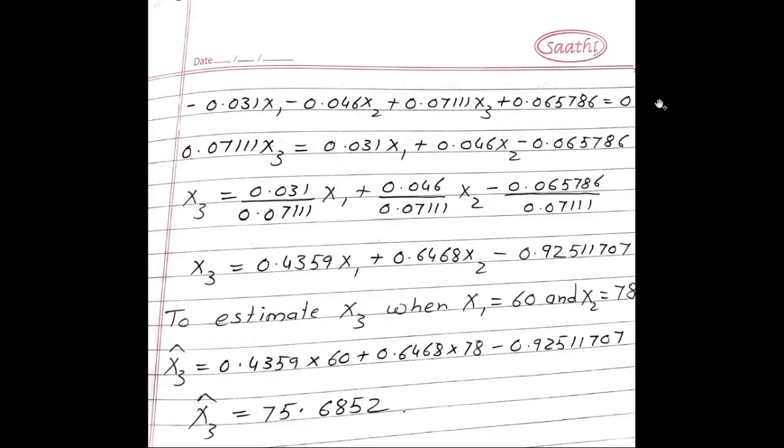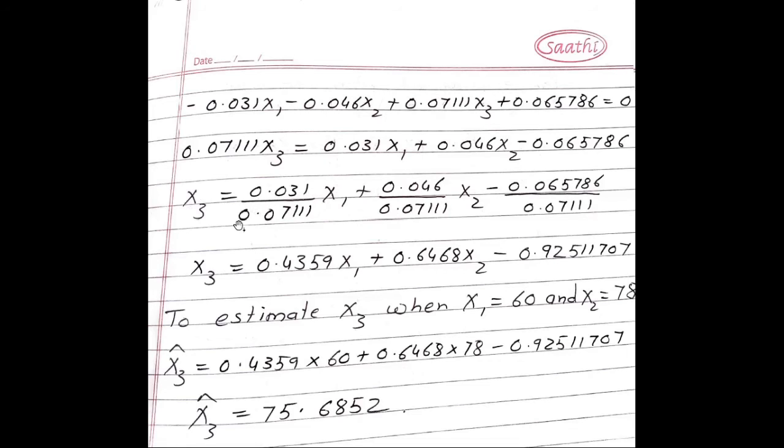If you take it to the right hand side, it will become minus 0.065786. Still the equation is not in terms of x3. So to get the equation in terms of x3, we will divide all the three terms by the constant 0.07111. So x3 is equal to